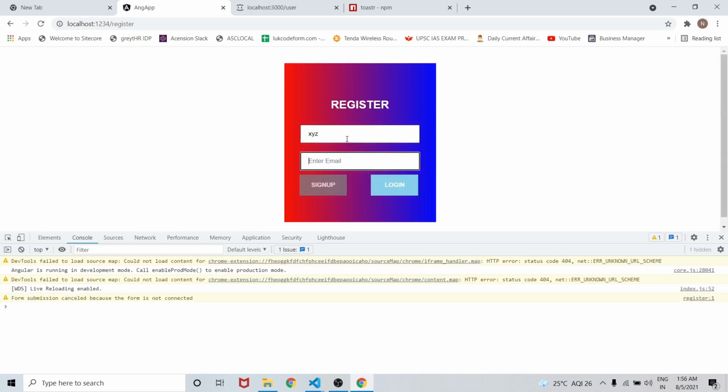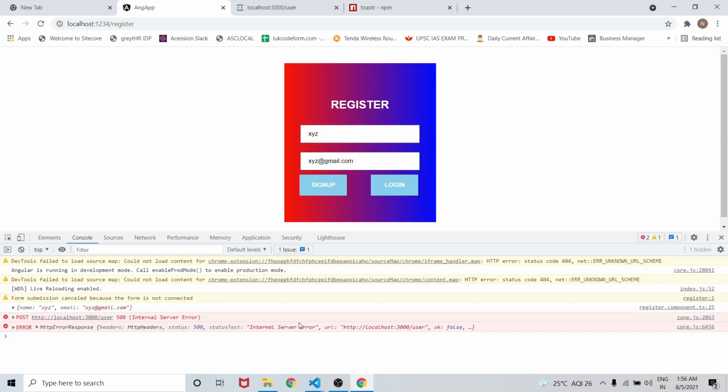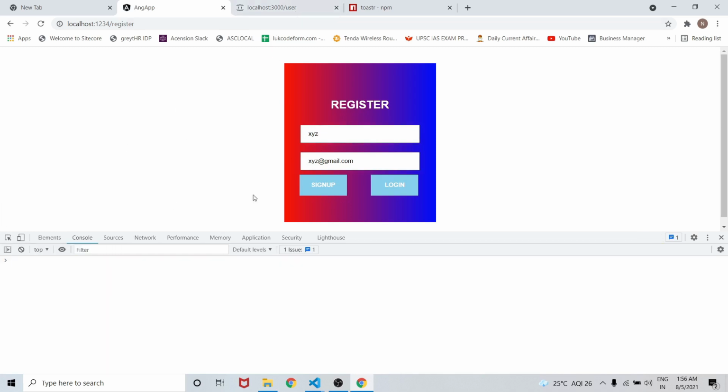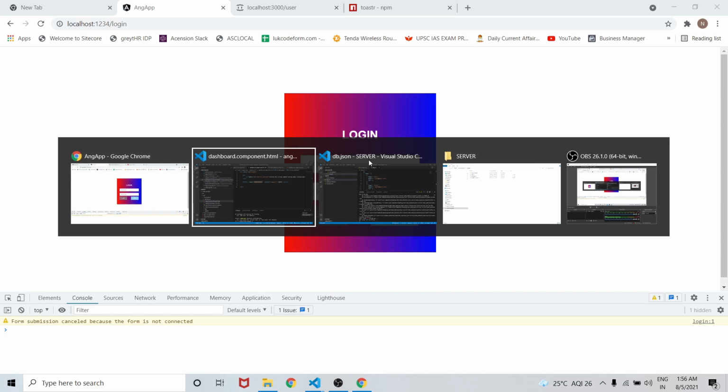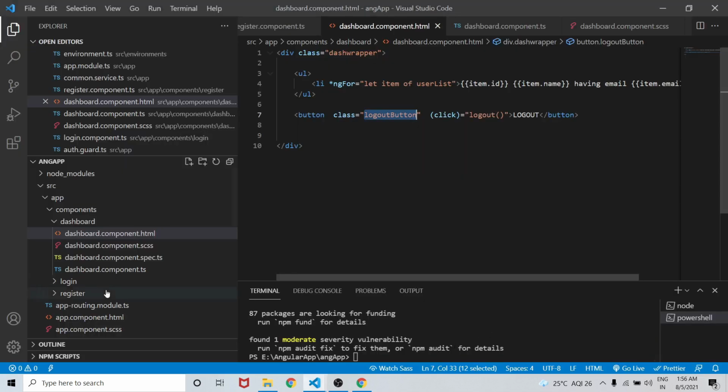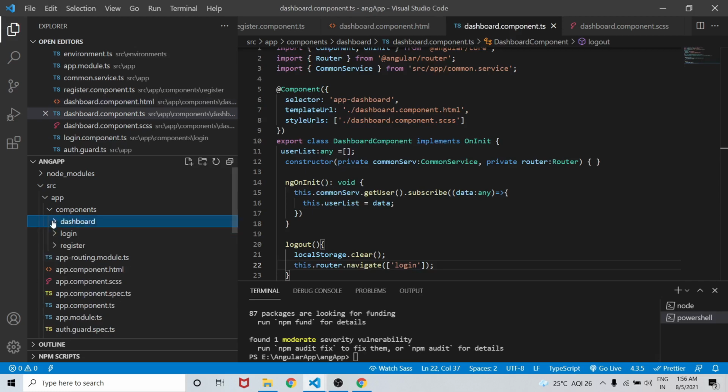Let's try to register xyz and xyz. As the ID is common for both of them, we should be getting an error for now. As you can see, we have this internal error. So let's clear the console, click on the login. This is how a basic login and sign up form can be created. We will add one more thing to our application. So let's go to app.component.ts, or